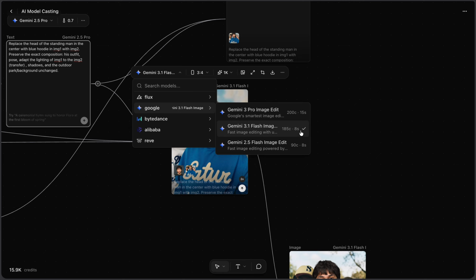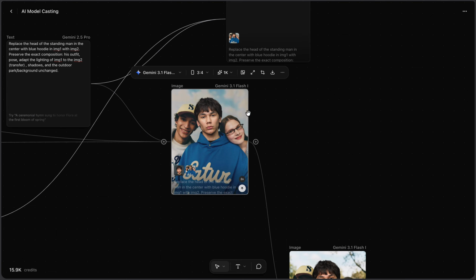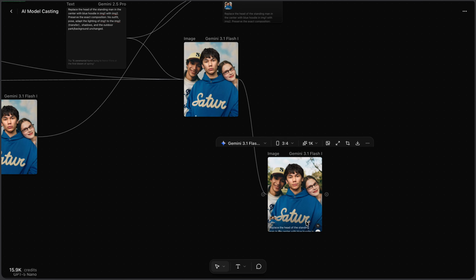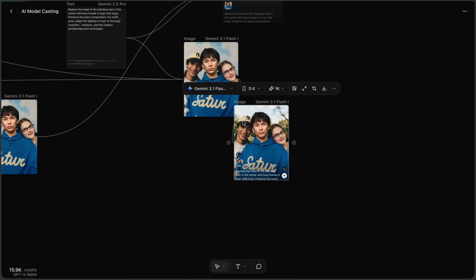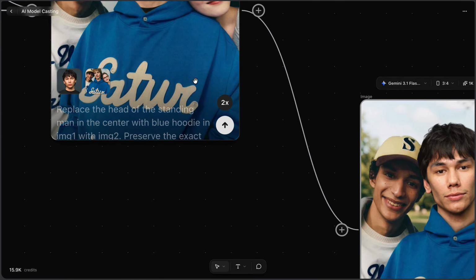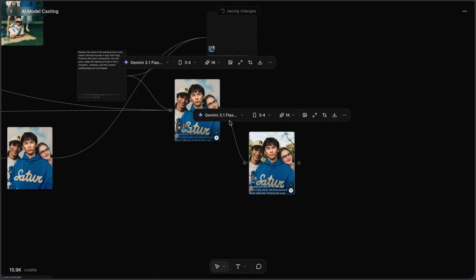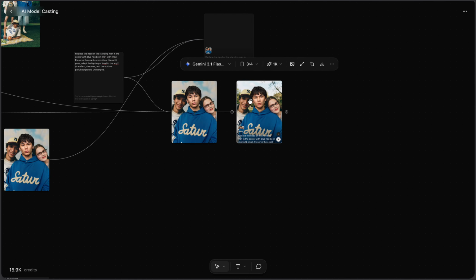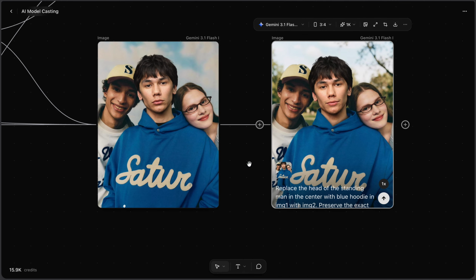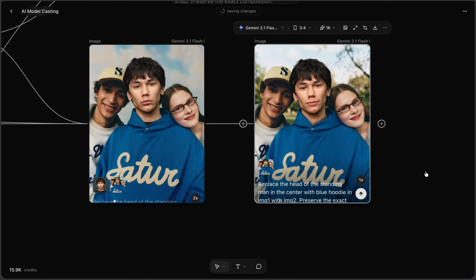Yeah, fastest is 8 seconds, but it's around 30 seconds maximum. And this is the second variation, because as you remember, we selected 2, so we have another variation here, and we can choose any of them,